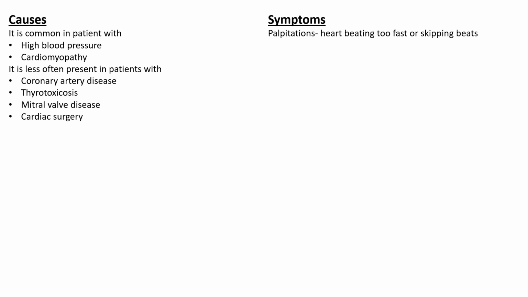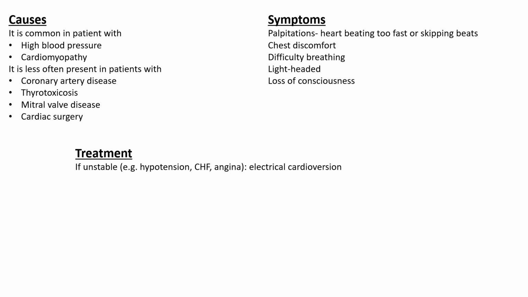Symptoms may include palpitations, either heart is racing too fast or skip beats, chest discomfort, difficulty breathing, lightheadedness, loss of consciousness. Treatment is if patient is unstable, meaning hypotensive or having congestive heart failure, angina, there is a need to do electrical cardioversion. If patient is stable, then first thing is to control the rate by giving beta blocker or